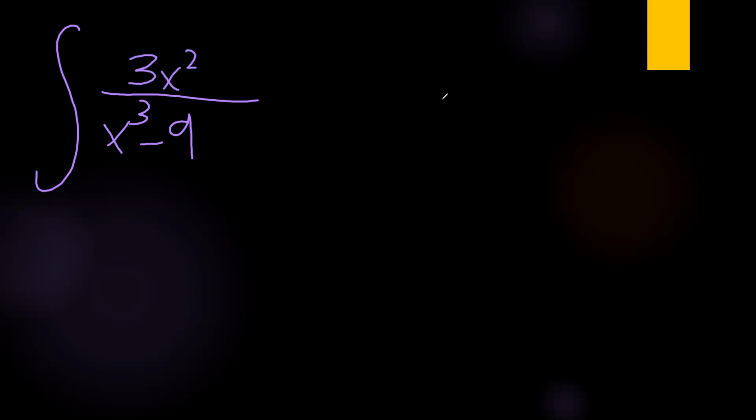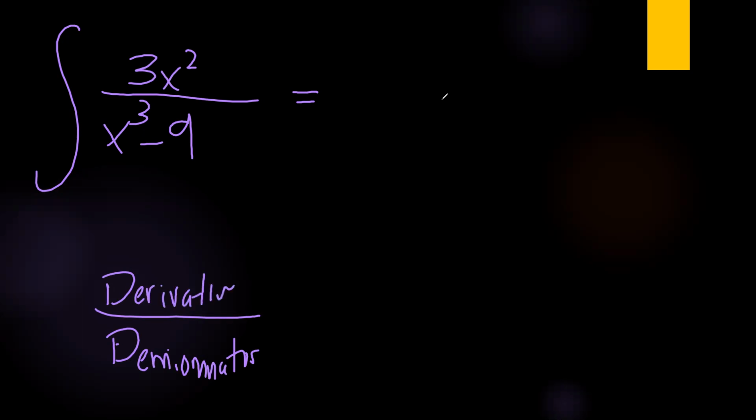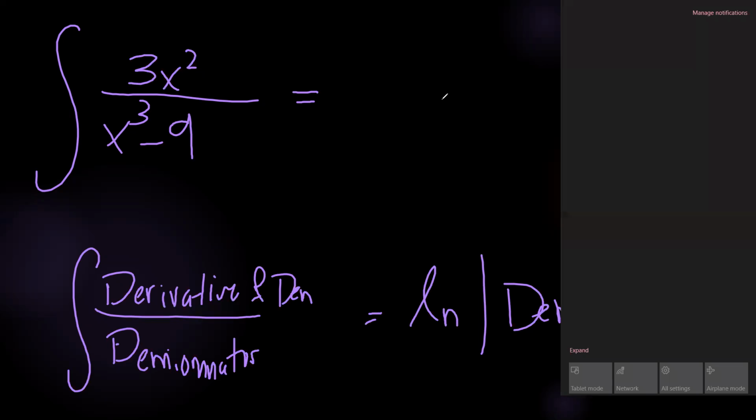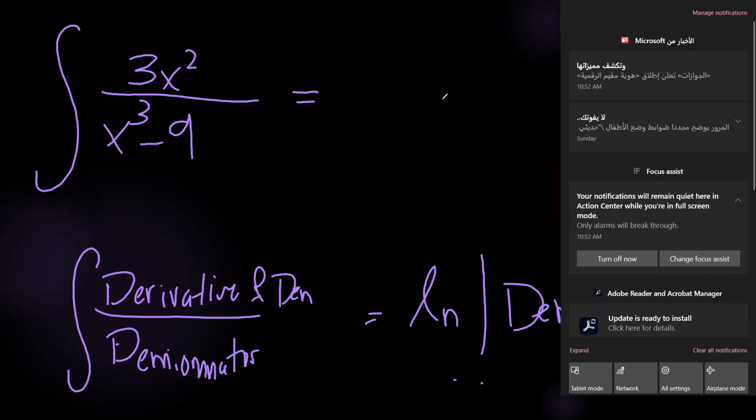And we said that if you find the denominator, like here, x cubic minus 9, and its derivative is on the numerator, so if you find here the denominator, and here you find the derivative of the denominator, then the integration of it will be ln of the denominator plus c. So here now,